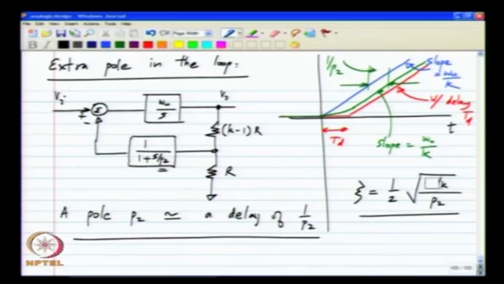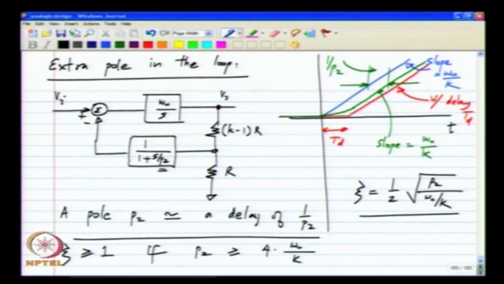I made a mistake in this expression, this has to be P2 divided by omega u by k. So, the damping factor will be more than or equal to 1 if P2 is greater than or equal to 4 times omega u by k,